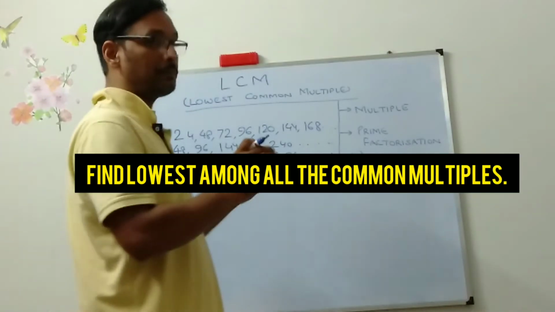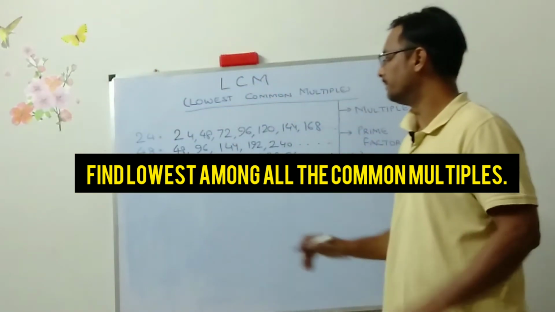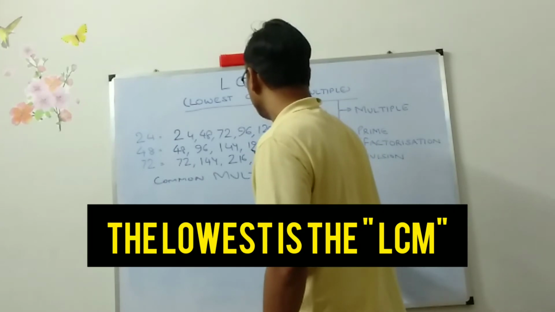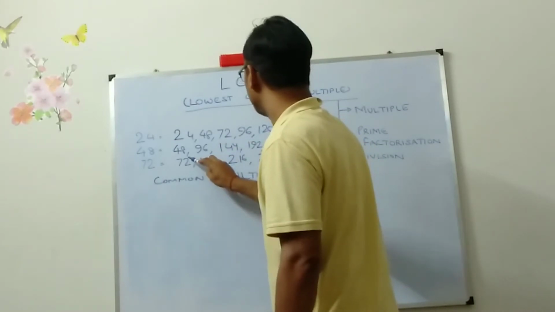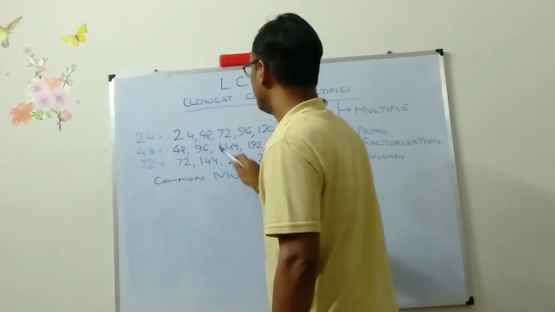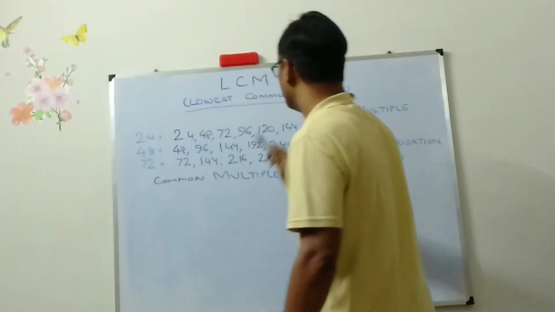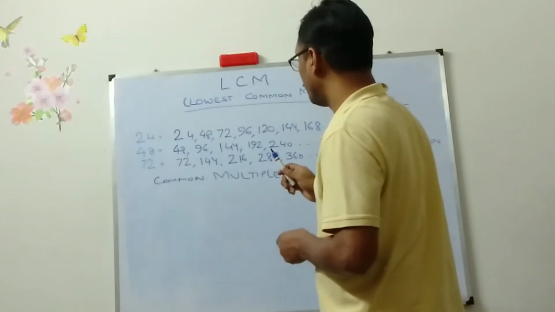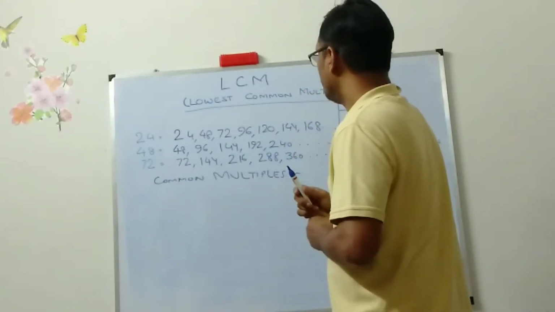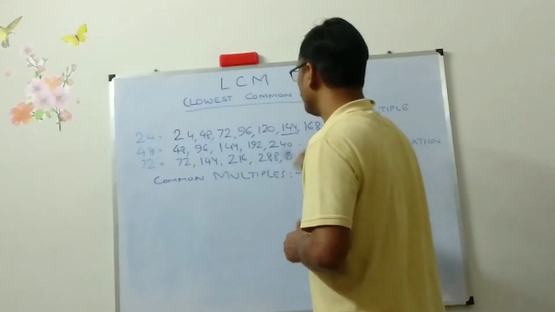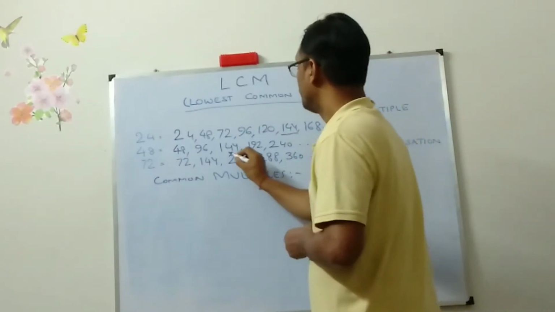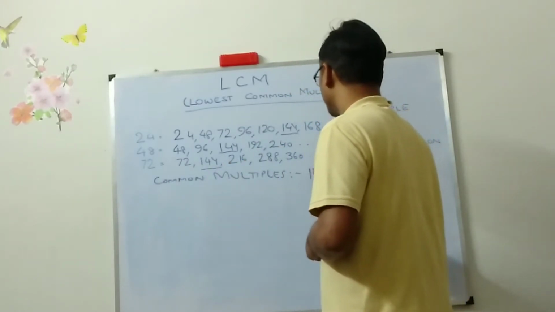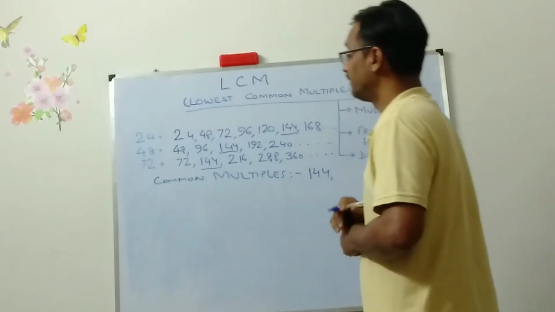See, what are the multiples? What are the numbers which are common to them? The first number which is common is, in this 72 and in this 72 is there. But in 48 there is no 72. So what you need to do? You need to search for the first number which is common. In this 144 is there, 144 is there and 144 is there. So you need to write 144.